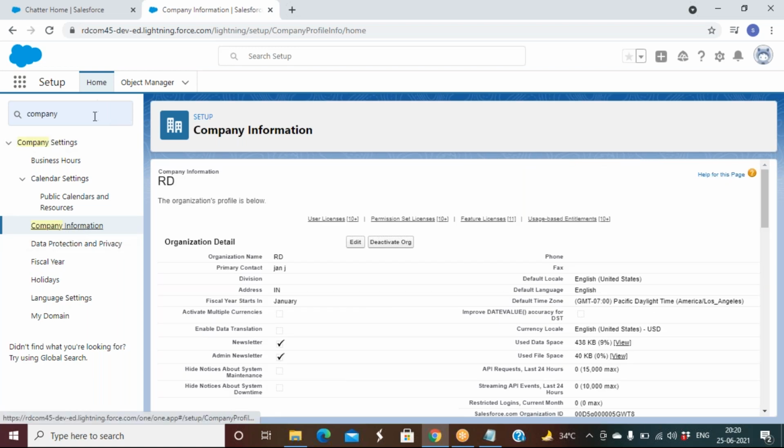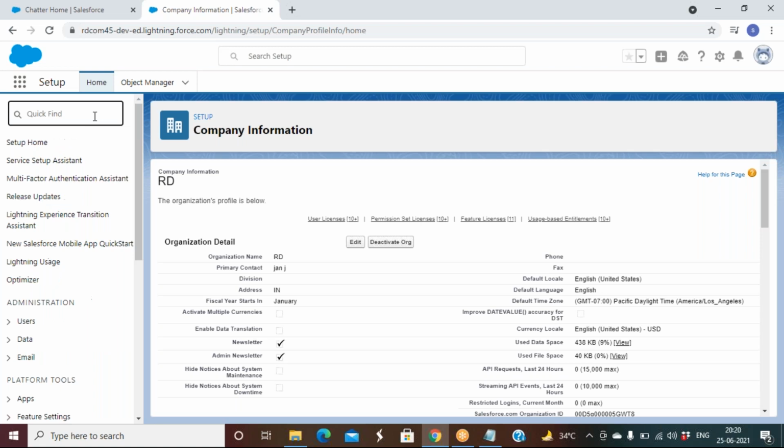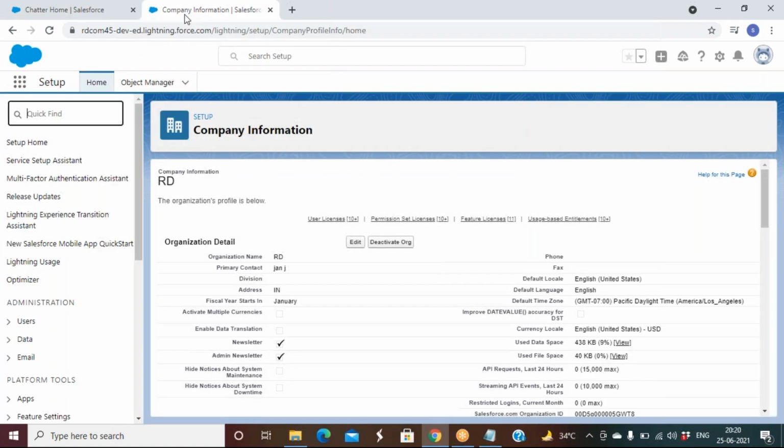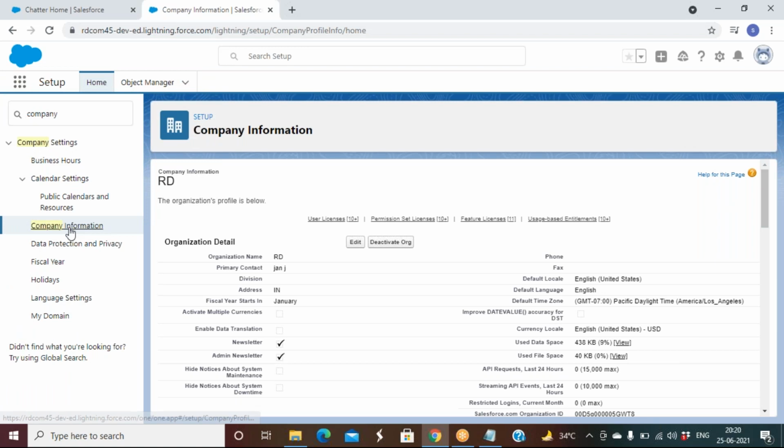So others, any questions? If you have any questions, you can put them up in the chat. See, I told you, Salesforce will give us 5,000 free licenses.